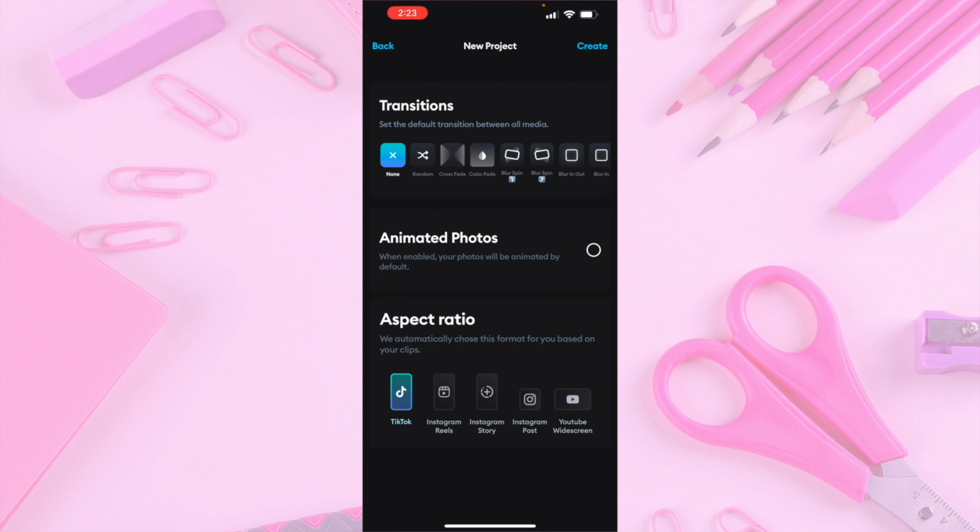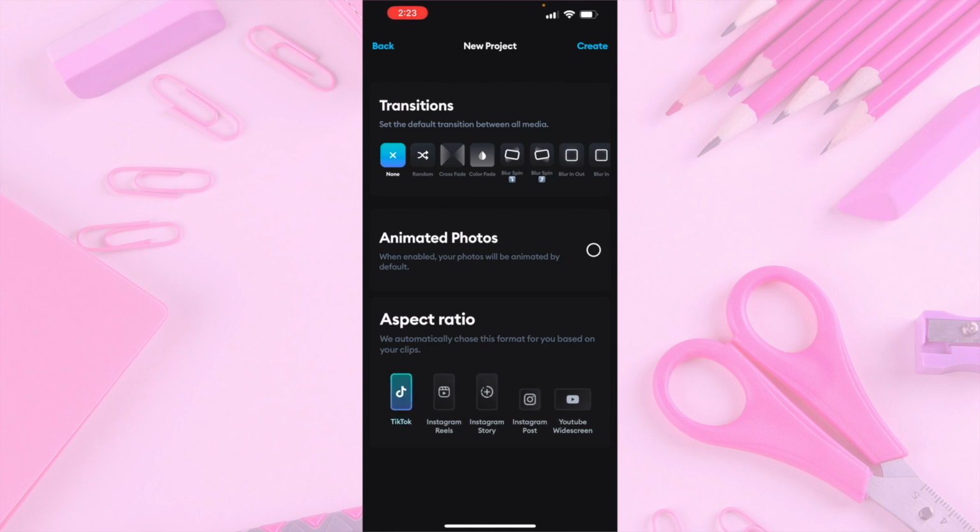Now if you have several different clips, then you can choose the type of transition that you want in between each of those clips, and so it's going to either swirl it in or crossfade it or what have you, so whichever one you choose. However, I'm not going to worry about that because I can always go back and add that later if I wanted to, but for the most part I just kind of keep it at none, and then I scroll down